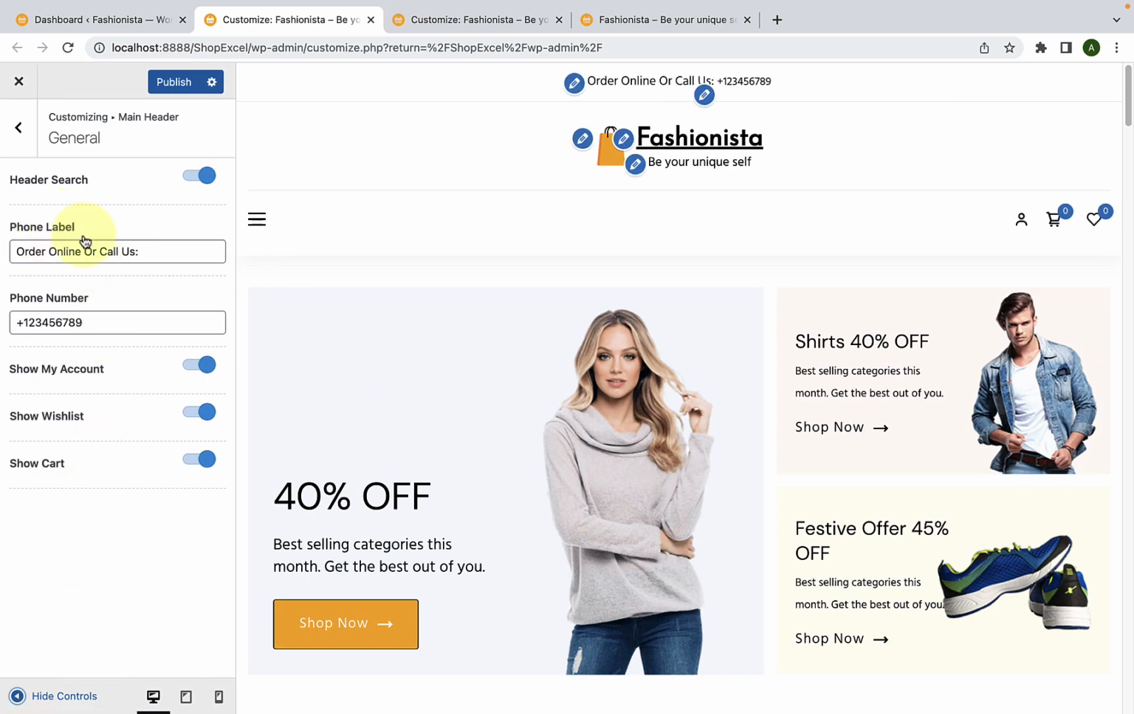Next, you can change the phone label. So this phone label is being displayed right up here. You have to remove the label, then you have to replace it with the phone label of your choice. And it is the same with the phone number. Remove it and add in the number to your store or any other number that you wish to display right